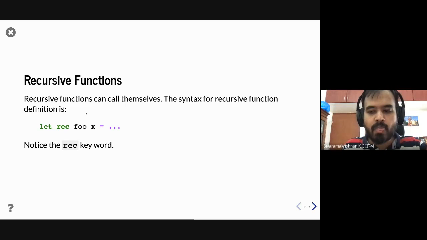The only difference in syntax is if you want to declare a recursive function, you have to use this rec keyword. So let rec defines a recursive function. And what is a recursive function? A recursive function is a function that can call itself. Okay. And you'll see that this is a very powerful concept.